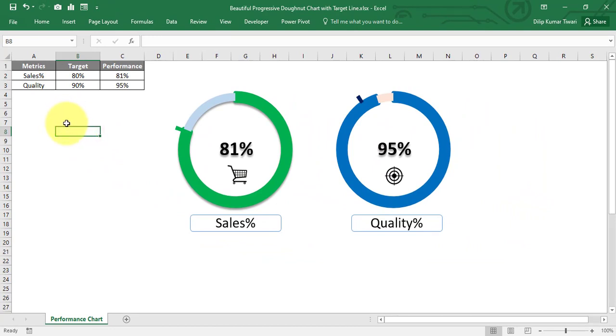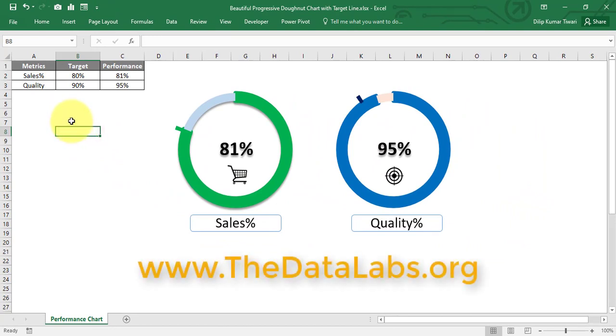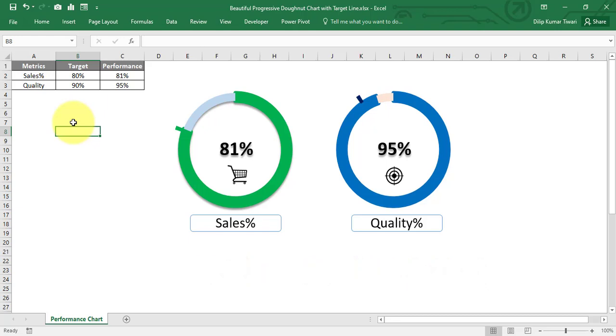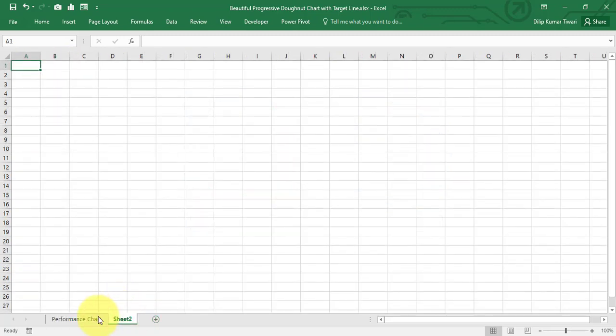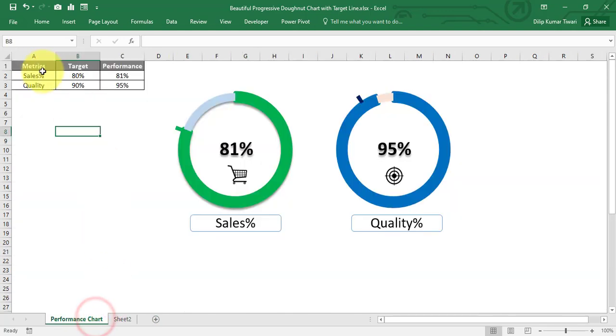You can utilize this chart in your dashboard reports, and you can also copy this chart to PPT for PowerPoint presentations. So let's start creating one of the charts, the sales percentage chart, from scratch, and you can replicate the same steps to create the quality percentage and other performance metrics, right? So let's add one worksheet over here. Let's move to the performance chart, and let's copy the data,